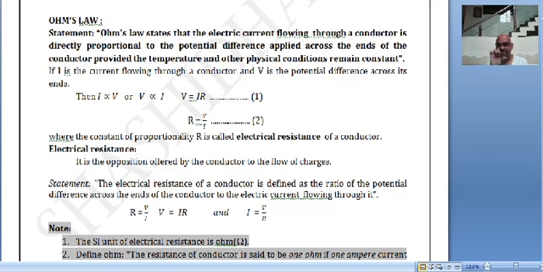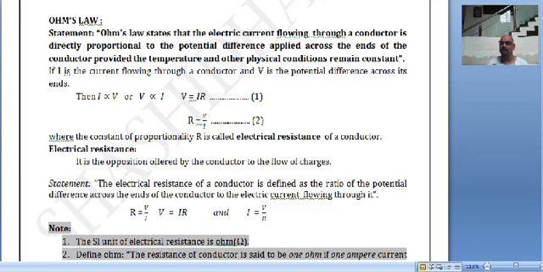So it is directly proportional to the potential difference, and there are a few things to be constant. One, the temperature of this conductor should be constant, it should not vary. Secondly, other physical conditions like length of the conductor and cross sectional area should not vary. Temperature, length, cross sectional area, those we call physical conditions. If physical conditions and temperature remain constant, then I is proportional to V. Very simple. I, current, is proportional to V, where V is the potential difference.